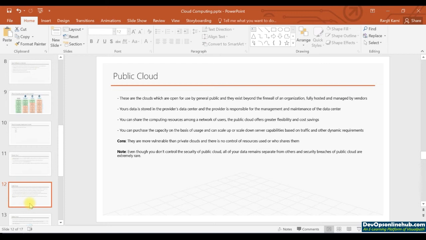Means, as I was saying, whatever services you are utilizing, pay only for that utilization, only up to the amount that you are utilizing. Pay only till that time itself, so that you know what is happening here. Whatever utilization you are doing, you make a payment only up to that utilization level. But the drawback here is that they are more vulnerable than private clouds,